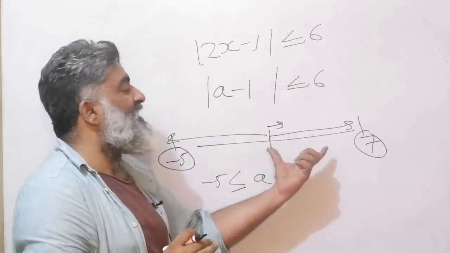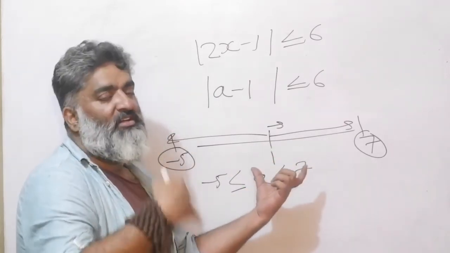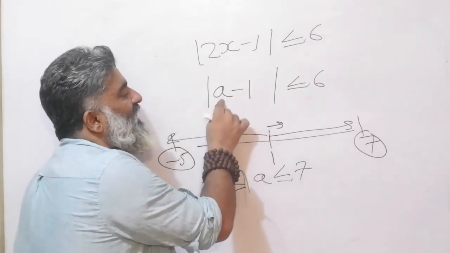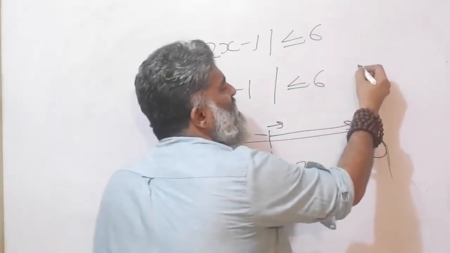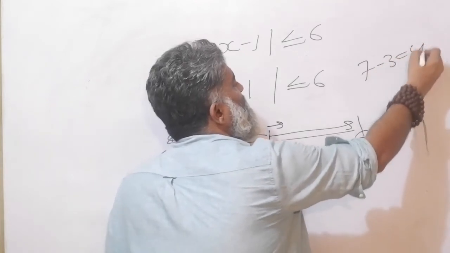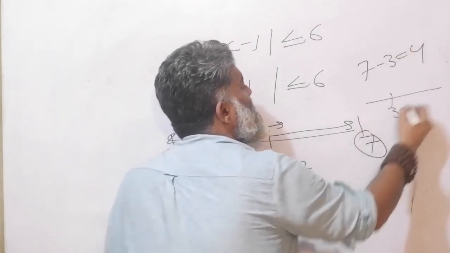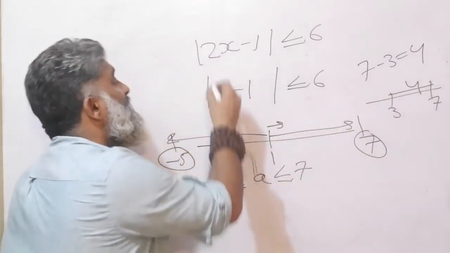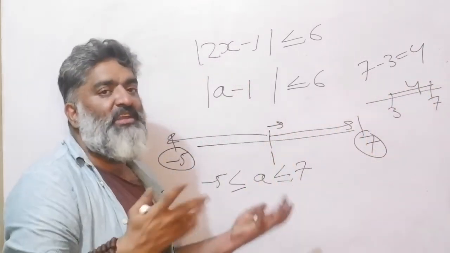Make sure that you understand what I'm talking about, because I've covered the idea earlier, and even right now I'm still talking about it. The distance of a from 1, in any equation. If I say 7 minus 3 and you say 4, think on the number line. There is 3, this is 7, the distance between them is 4. So that is the basic idea. The mod is just saying that distance can be in any direction.